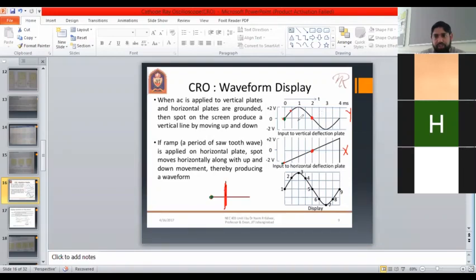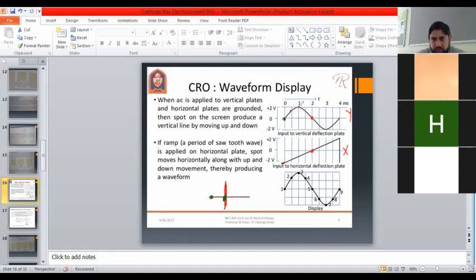Yes, beta. Y plates are offering 0 volts. X plates are also offering 0 volts. So will the dot be at the exact center of the screen? Yes. ठीक है बेटा, बाकी लोग भी बताएं. Is that clear to you, Hunaina, Aisha, and the rest of the students? जी सर, origin पे होगी. Origin पे होगी. ठीक है जी. So if we consider this dot, Y plates are getting 0 volts, X plates are also getting 0 volts. So the dot will be exactly at the center.